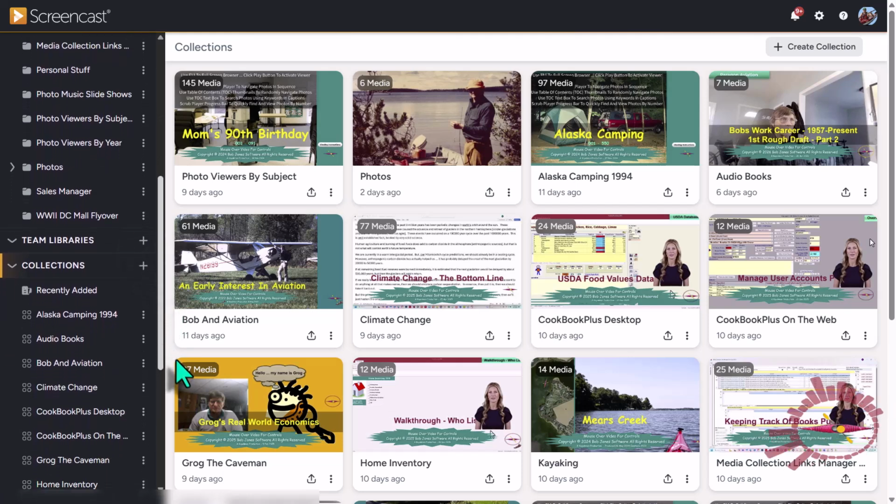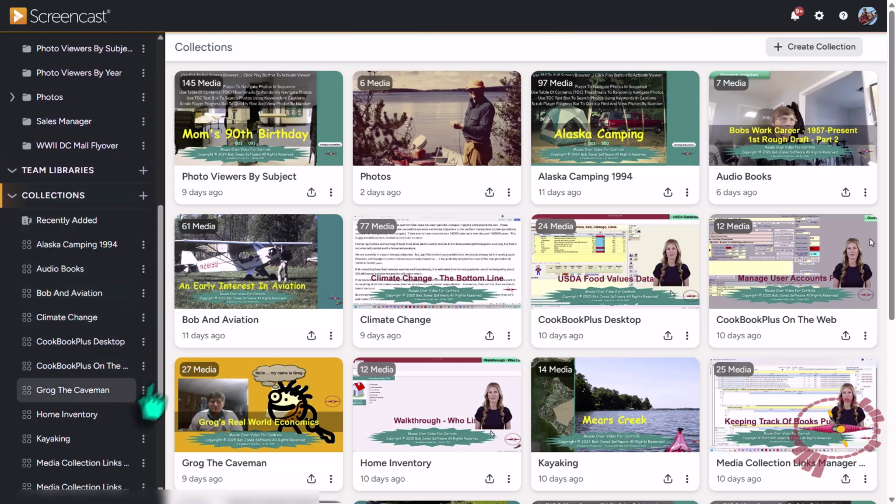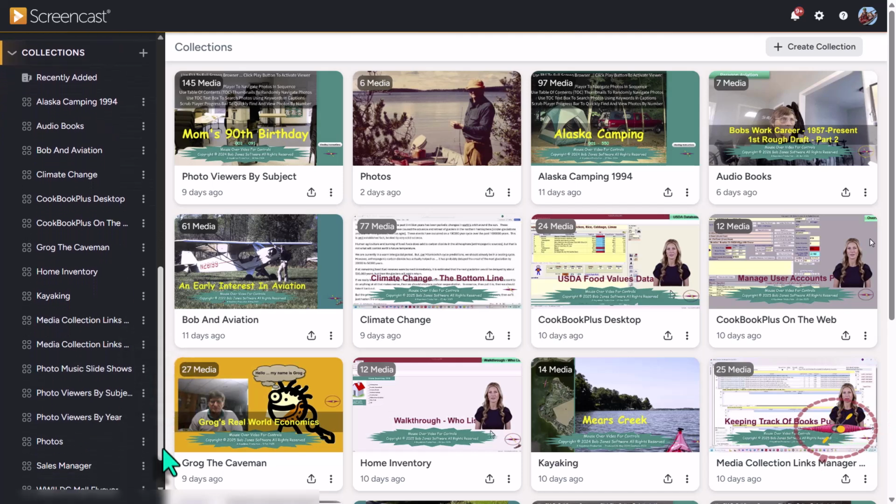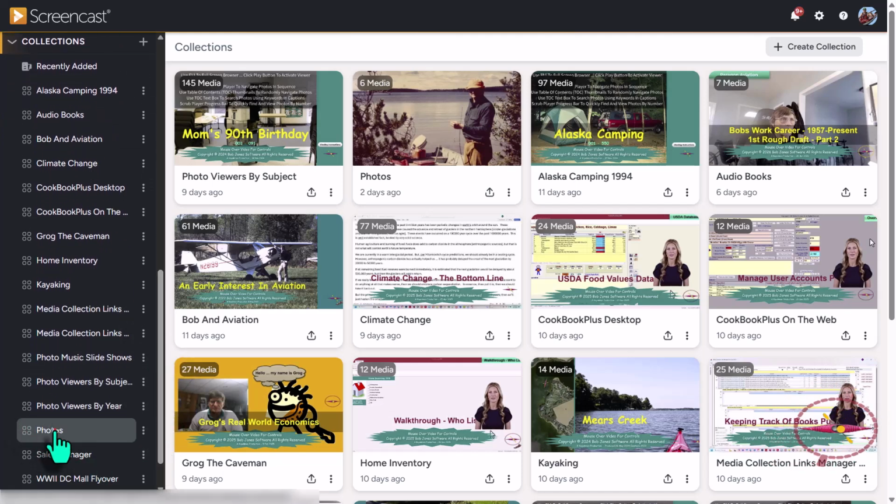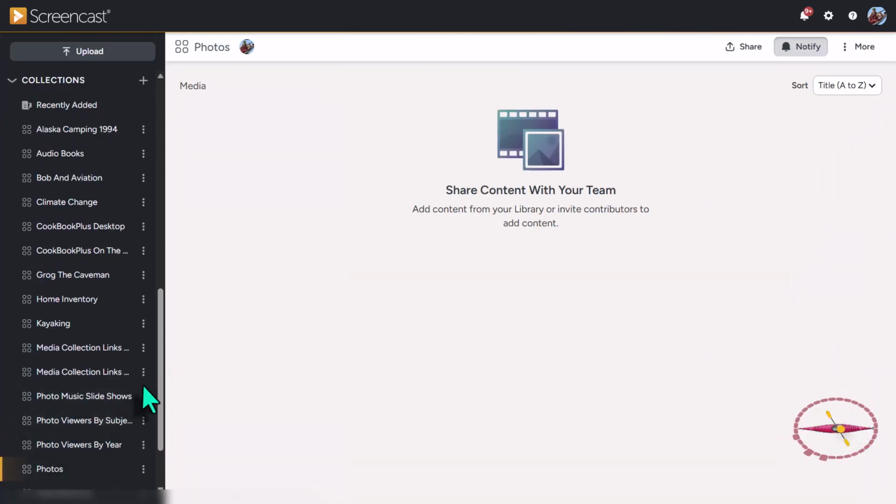Now, if I scroll down, you can see I have a bunch of shared collections, but I have one for photos here, and I currently have no media in it, and that's because, as a practical matter, I can only really put one subfolder's content at this level, and I don't have the option here to create any subfolders, which is what I really need because